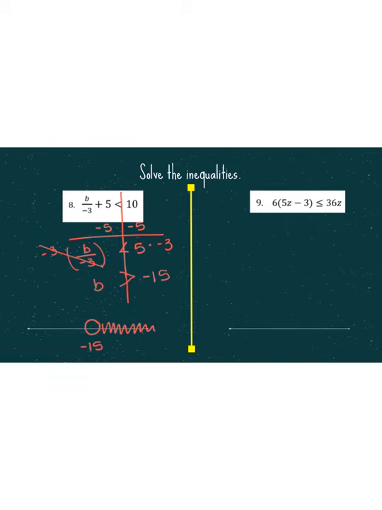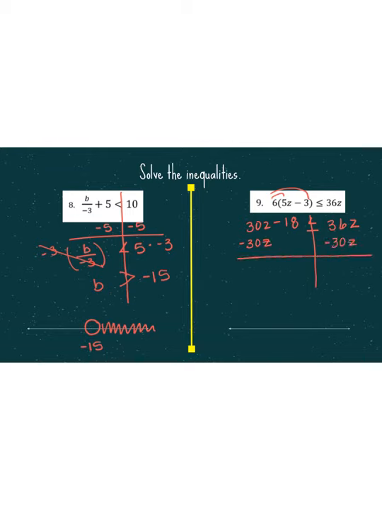Okay, number 9, we have to do a little distributing first. 6 times 5, z is 30z, and then 6 times -3 is going to give me -18. And that's going to be less than or equal to 36z. Okay, I want to get my z's together. So I'm going to move my 30z over to the right. So -30z,